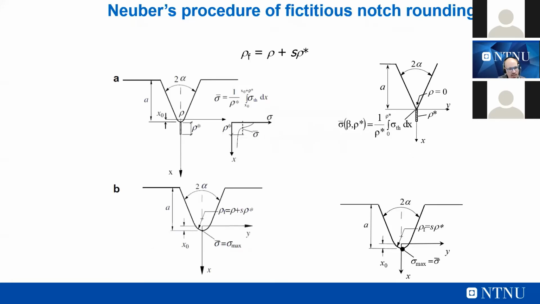And what we made with Professor Lazzarin, if you look at this equation, what is interesting to see is that we don't have any dependence on the notch opening angle, while we know that the notch opening angle is not so negligible in the final application of this approach. So from 2009 up to 2014 with Professor Lazzarin, we worked a lot on this field, and actually